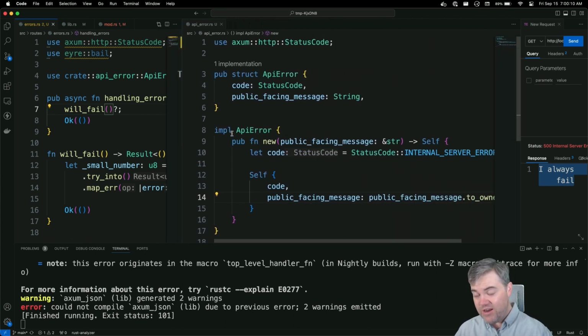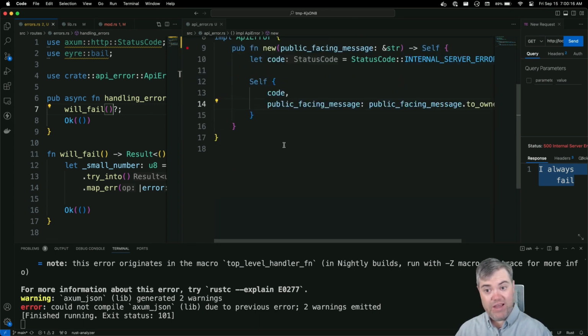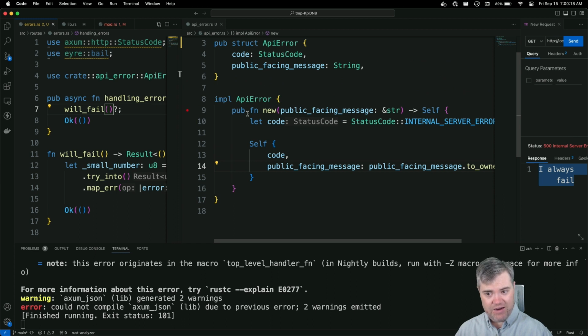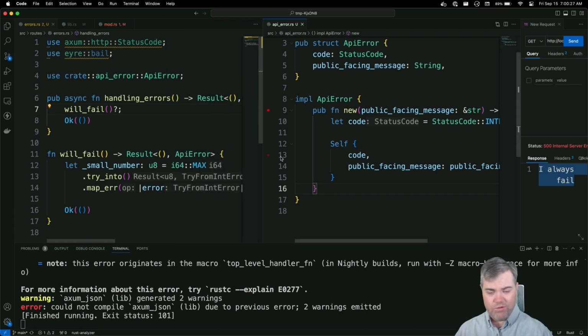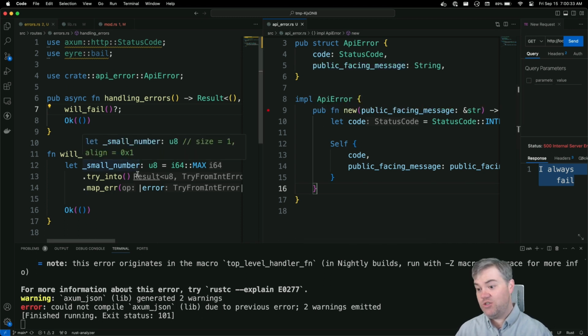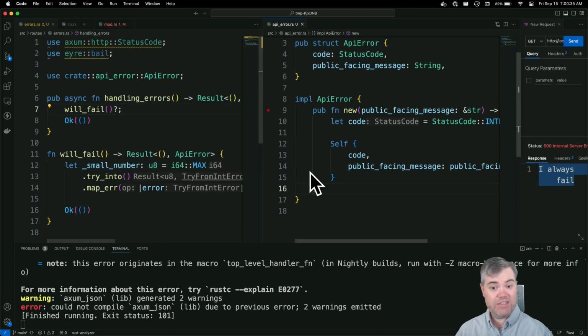We need to come back over here to fix this. So everything over here is kind of working fine. We have now created an API error. The next step up is going to be to, well, let's see. What do we do after we create it? Well, right now it's a 500 error code. What if I wanted to change this? What if I wanted to say, actually, this is your fault, client? We should make this a 400 code. So let's create a function to do that.